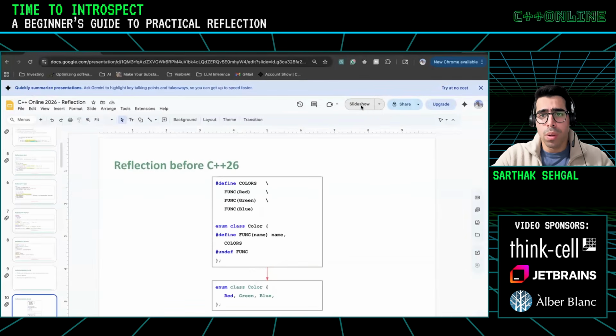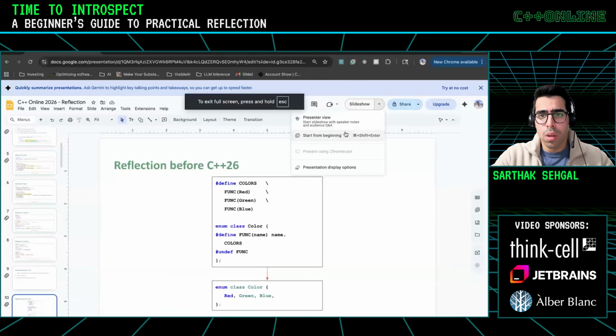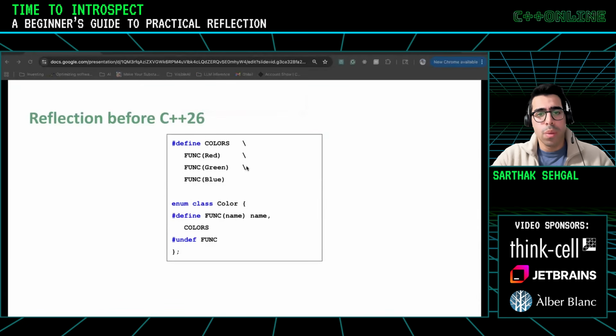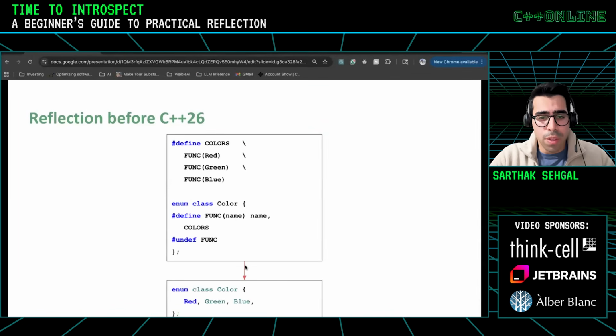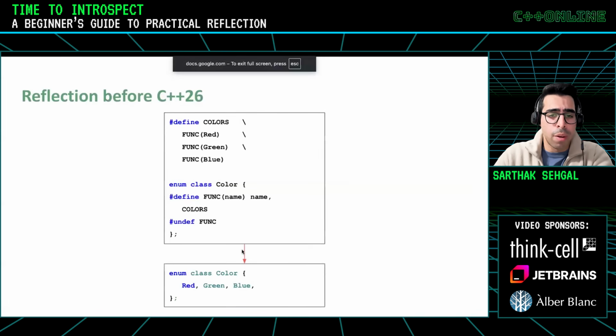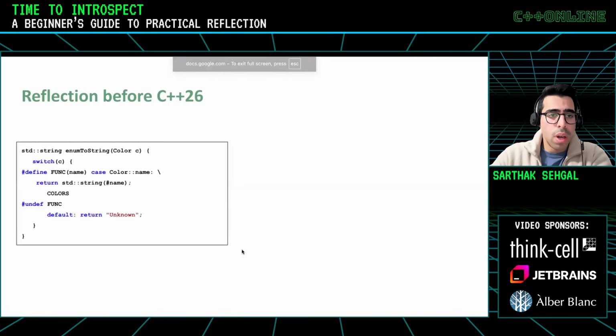Let's get back to the slides. Okay, so we've seen this so far, so good. We've seen the preprocessor output. What it returns is the enum class color with red, green, and blue. Next, similarly, what I can do is I can define a function enum2string, which uses the same macro. And instead of simply